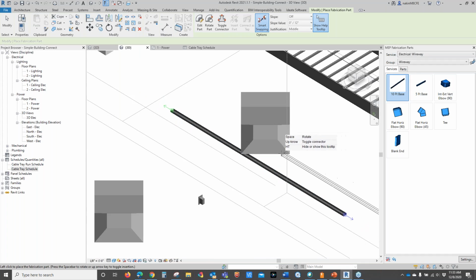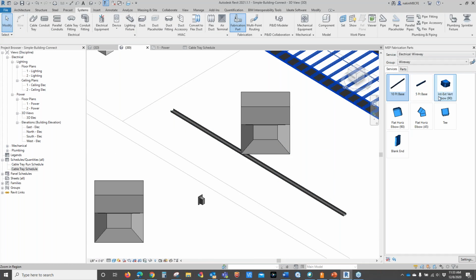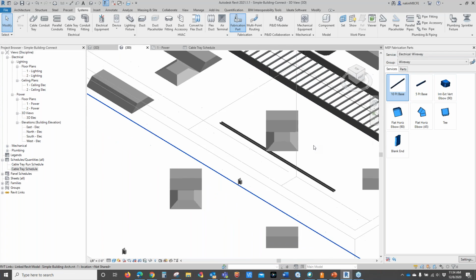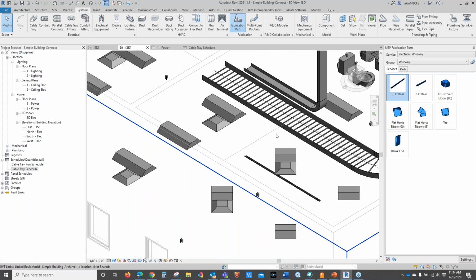The only thing about the fabrication parts is there is no conduit. So that's the downside of using this portion. However, you can program the system, the conduit systems, by using Dynamo to come in and do that. Okay, so